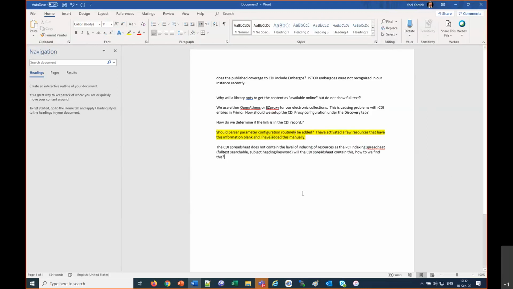When the linking is done through the Alma link resolver, then the parser parameters need to be filled in. And you only need to do this once. This will determine the accurate links through the Alma link resolver. This is standard Alma link resolver functionality. If you have a specific issue, you're welcome to send me the details via email, and I will try to take a look.